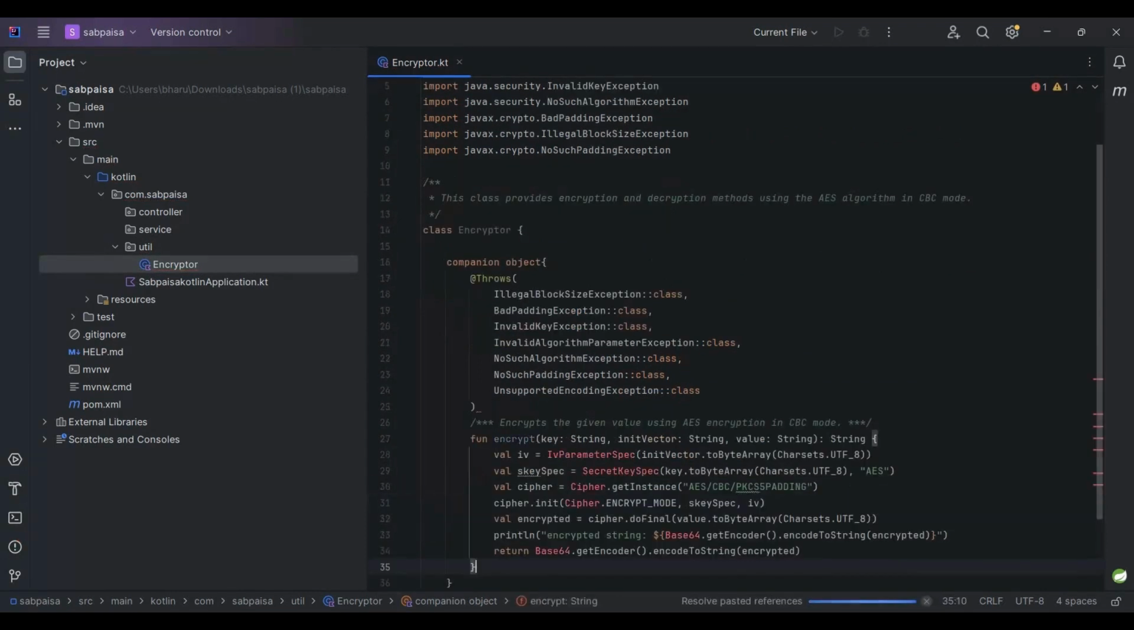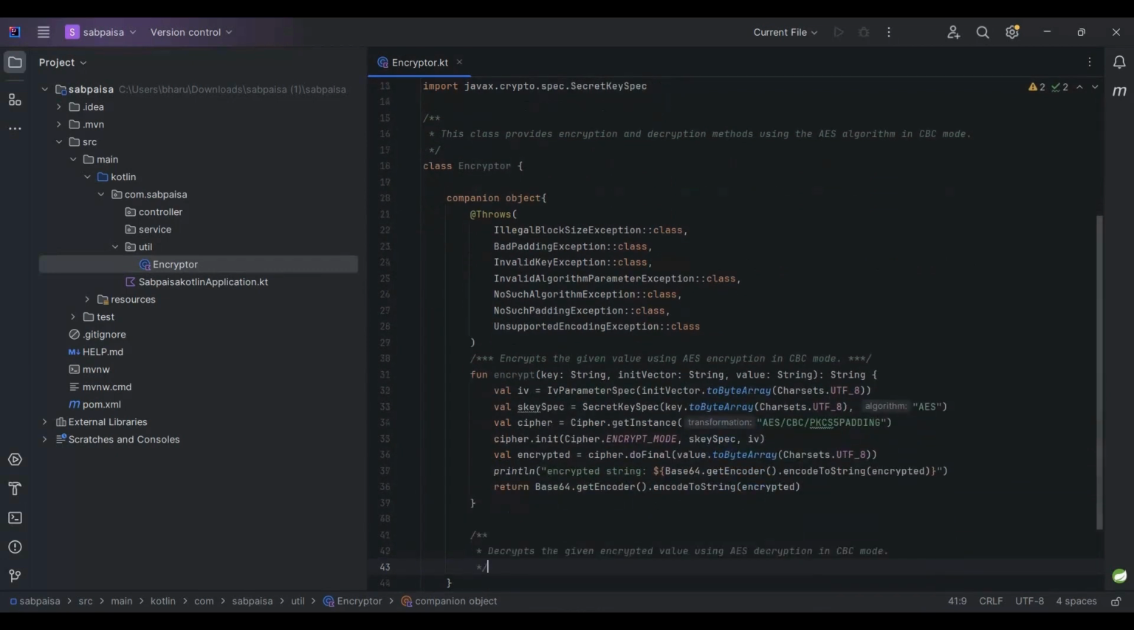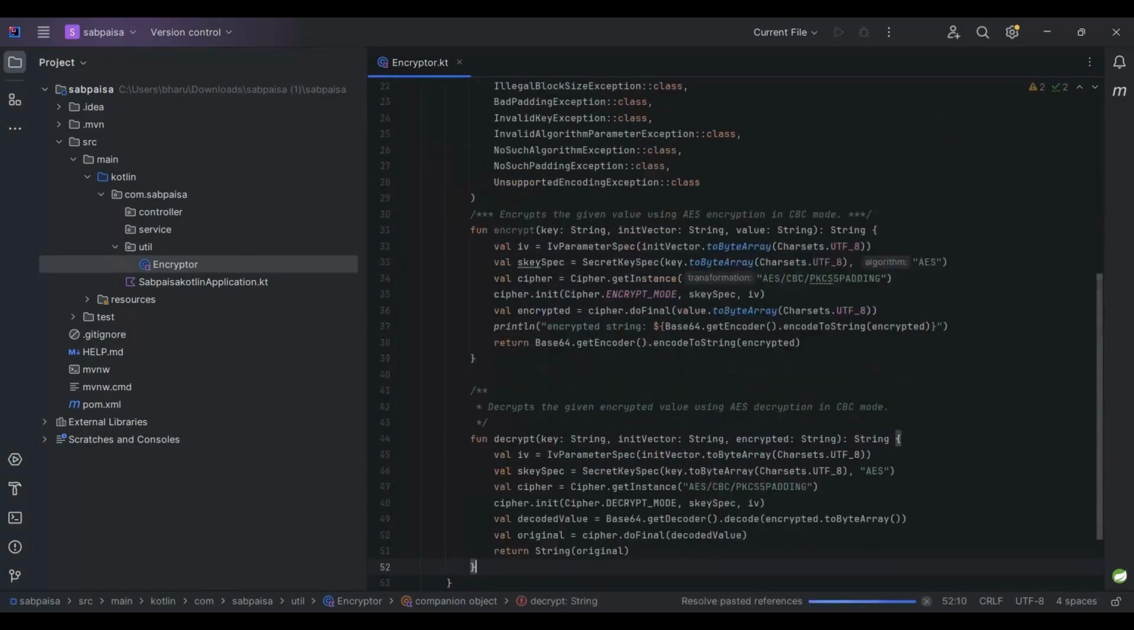Let's dive into the encrypt and decrypt functions. It takes three parameters, key, init vector, and the value to be encrypted and decrypted. We create an initialization vector and a secret key specification, then initialize a cipher for AES encryption in CBC mode,